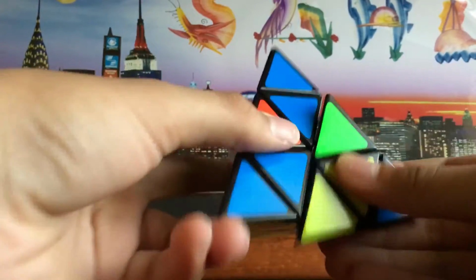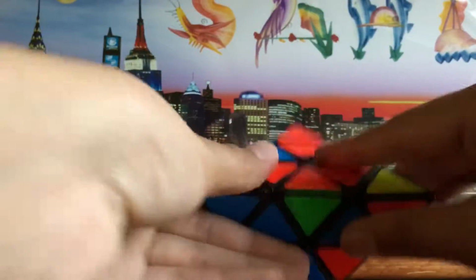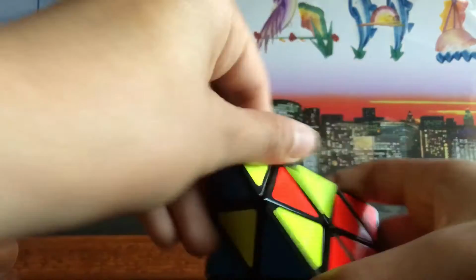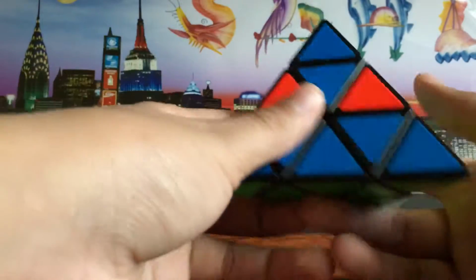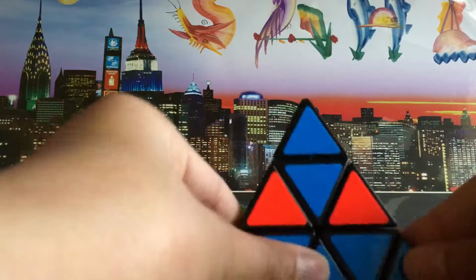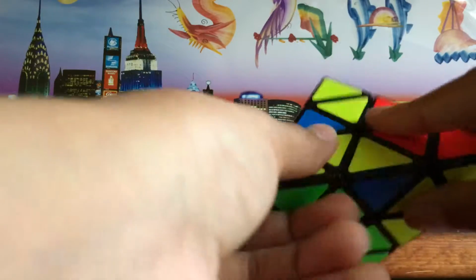And then, so green blue right here, green red's here, so this one's actually misplaced. This one's supposed to go here, and this one's supposed to go here, so let's just do this. So now the red one's out, and then we do the same thing. And we have the bottom green layer solved. Now, let's move this side and this side. So as you can see, okay, we have the very rare case of all misplaced edges, like in the second layer, all edges are misplaced, and as you can see, they're the same color. So you do an algorithm,